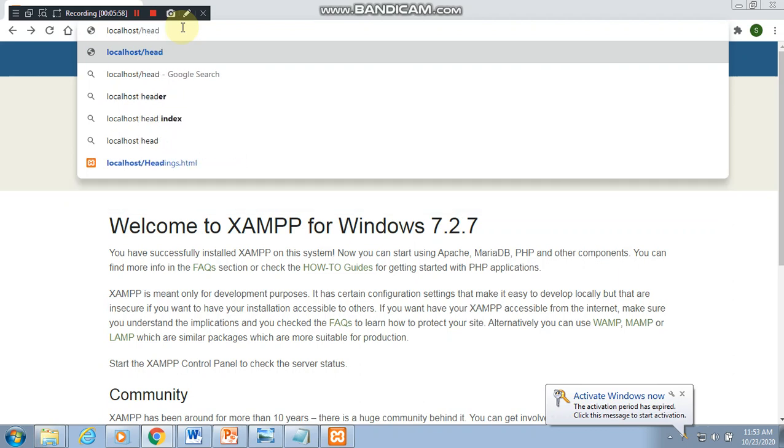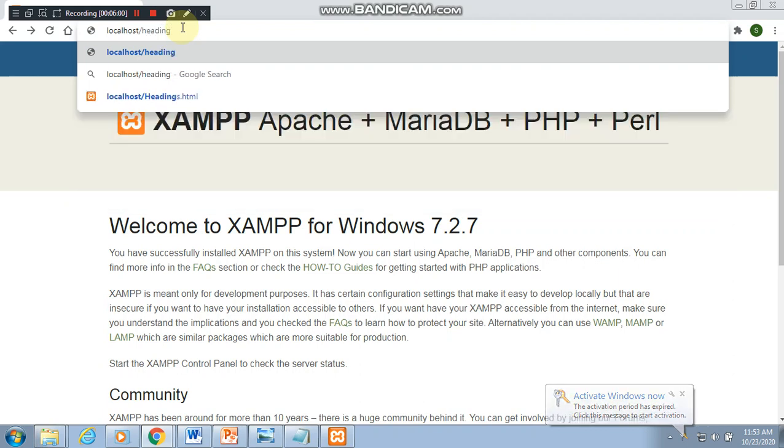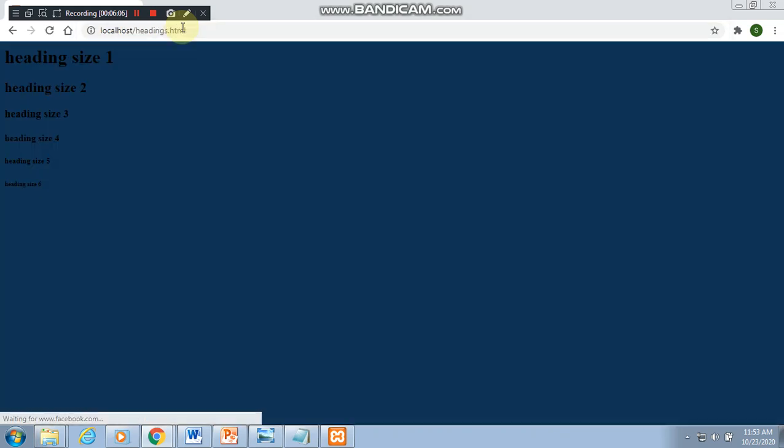What was the file name? Headings dot html, correct. You need to give the extension also. Just press enter. This is the way you are able to see the output of that particular HTML file through the XAMPP server. It may be a PHP file or an XHTML file or an XML file. This is the way we are supposed to do it.